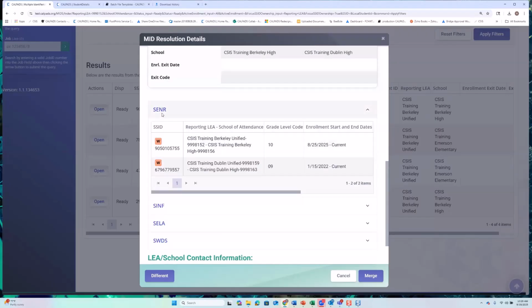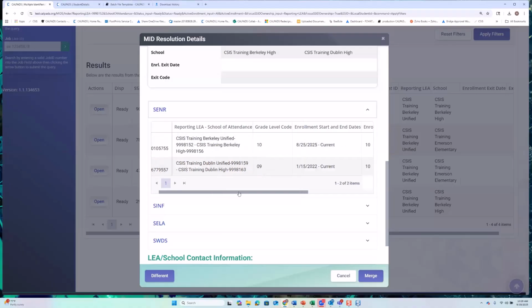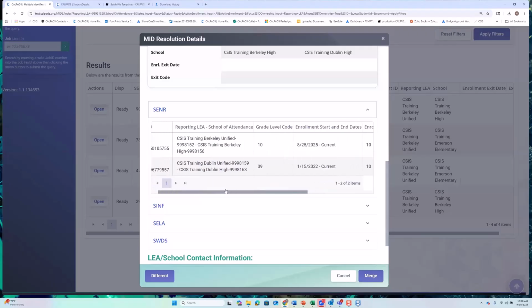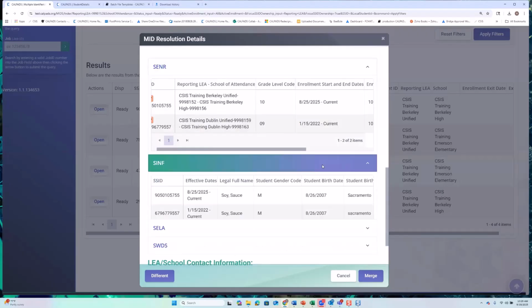So then we have a preview to help you. You see there's a warning, right? That's because there's a CCE. If this is the same student, there's two open enrollments for that student. There's the SINF,